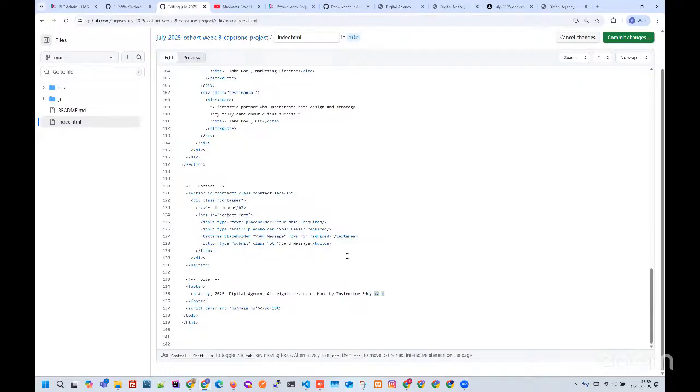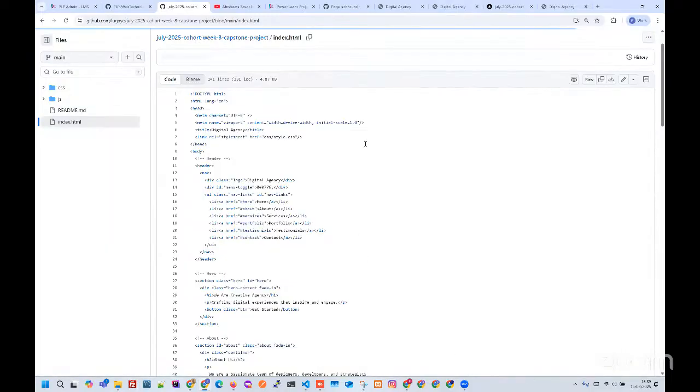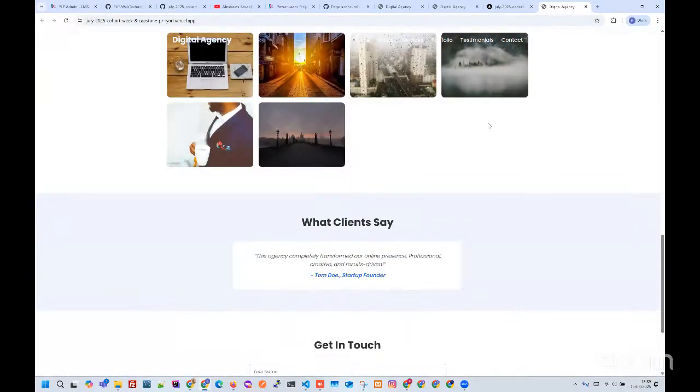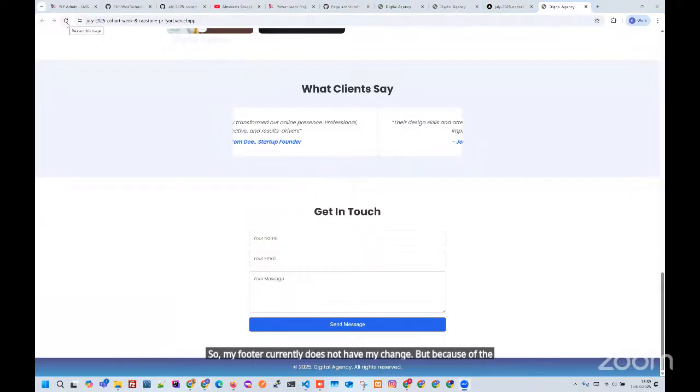Commit these changes. So my footer currently does not have my change, but because of the CI and CD automation,